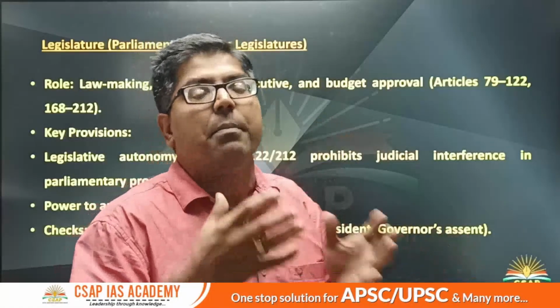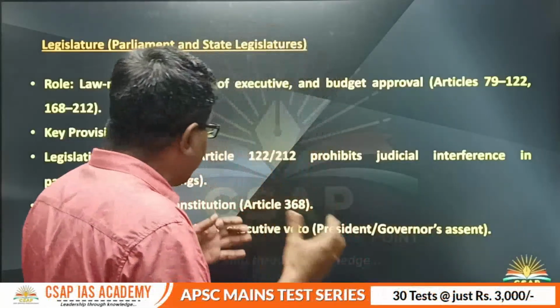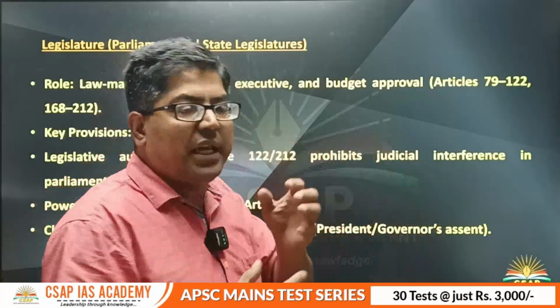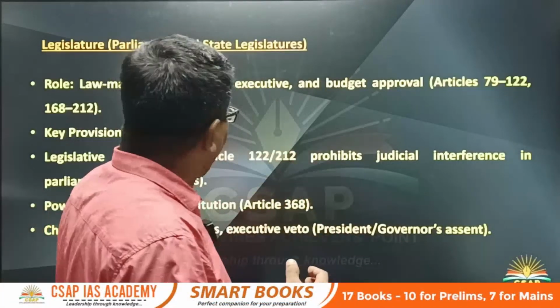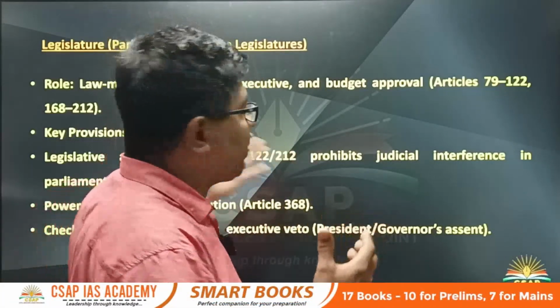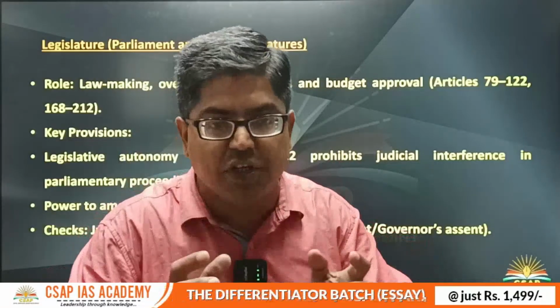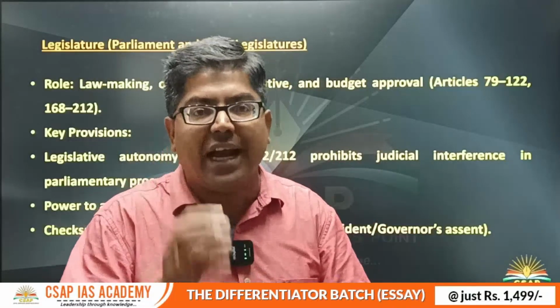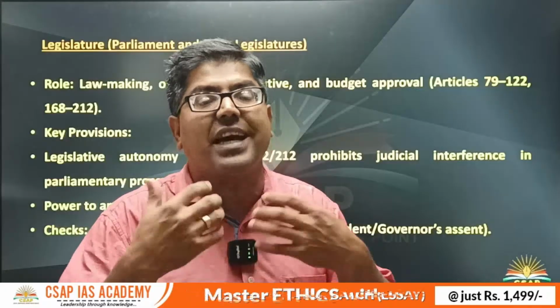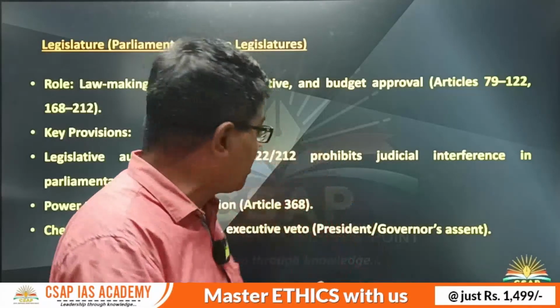If they are unconstitutional, then those laws, even when they are passed by the parliament, can be declared null and void. So this way there is a check on the legislature. Though the constitution grants larger autonomy to the legislature, and when we say legislature, we are referring to both parliament and state legislature, yet there are certain provisions through which it has been ensured that the legislature does not abuse the power at its disposal.